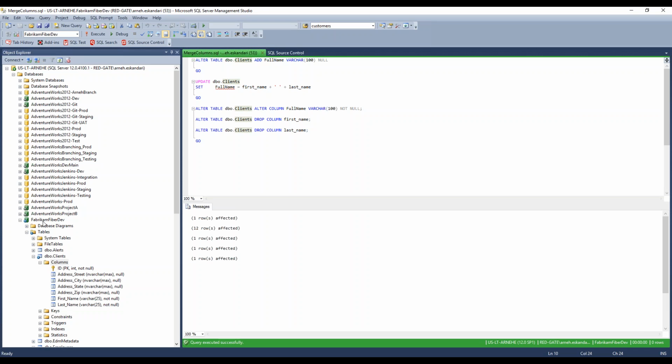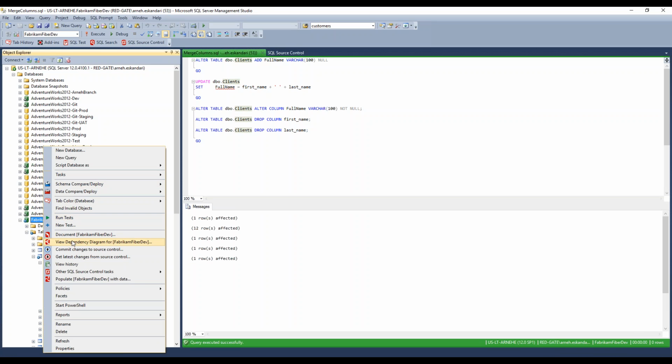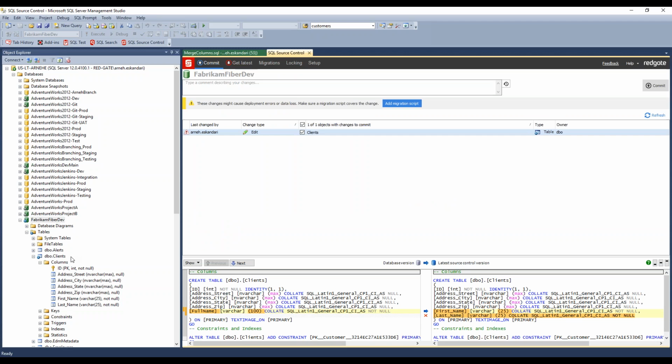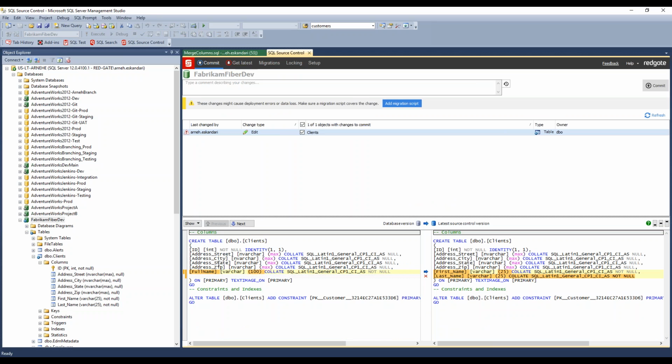So I'm going to go ahead and try and commit this to source control, so commit changes to source control. And this is where it gets interesting. So here at the bottom, you can see how the object definition is being modified in source control. As I said, we store the create script in source control. So you can see we're removing first name and last name, replacing them with